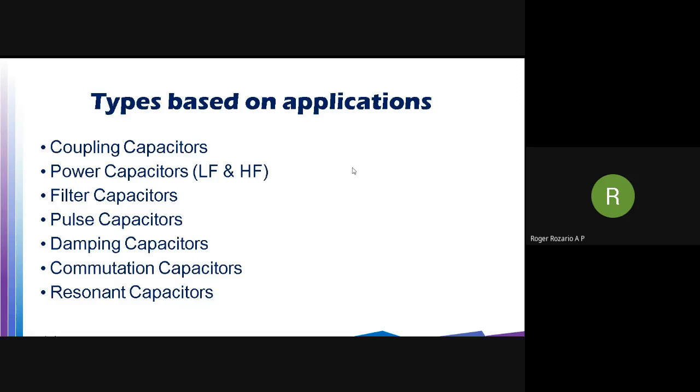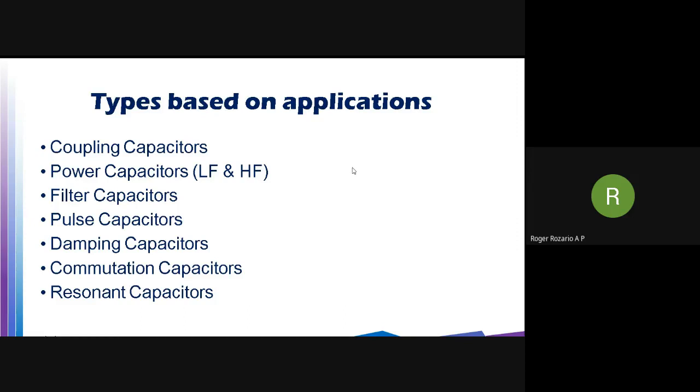There are pulsed capacitors. What are pulsed capacitors? Pulse capacitors are those which supply a huge amount of surge current to the load for a short duration. If you want to supply a huge amount of current to the load for a short duration, pulse capacitors are used. For these pulse capacitors, the charging time will be very long and the discharging time will be very less, because in a very short duration, a surge of current is supplied to the load.